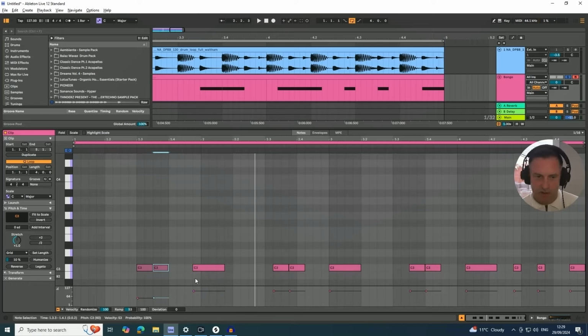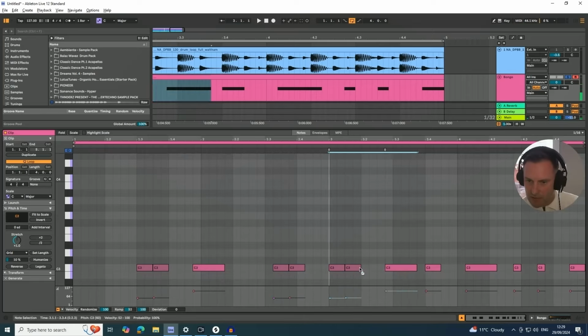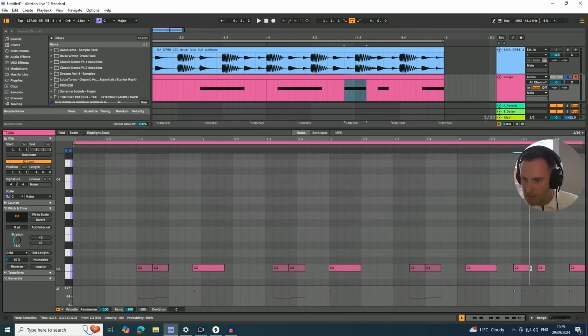So I'm going to copy this. And if I hold down Control and drag that and drop it over the other two, that sort of keeps the pattern. Let's do it again over here. I'm going to make those a little bit longer, and highlight those and bring them both down. So now if I listen to it again,